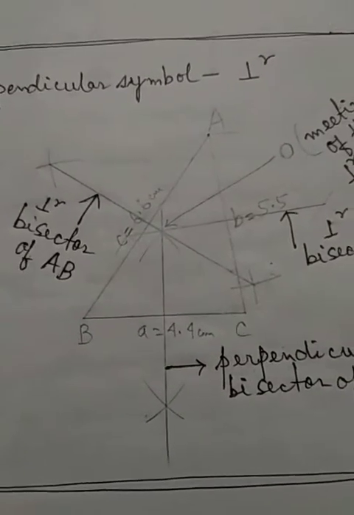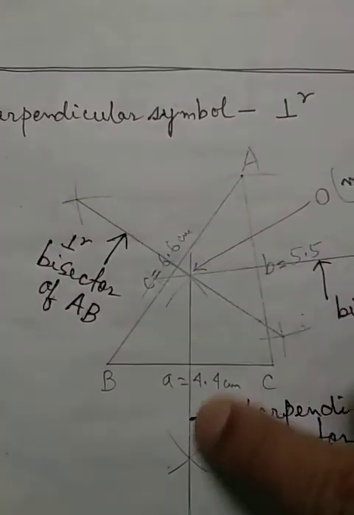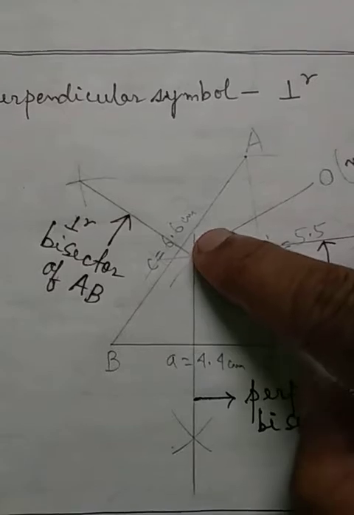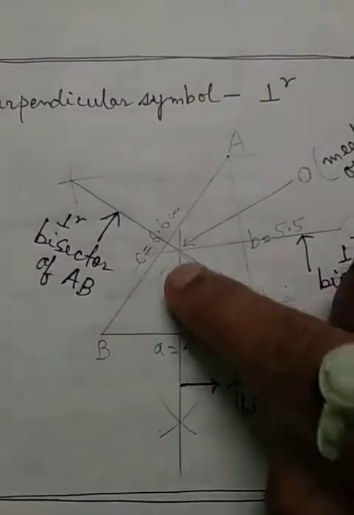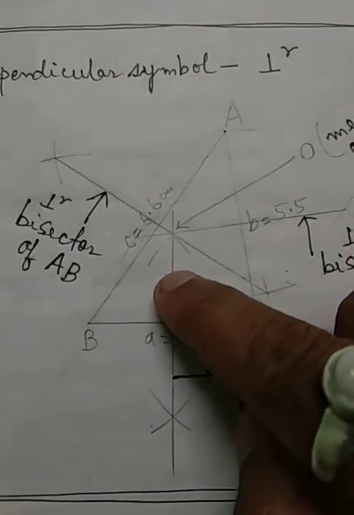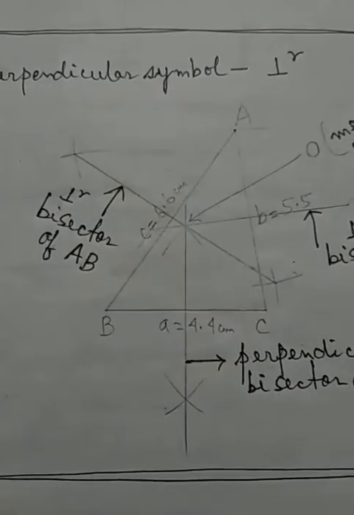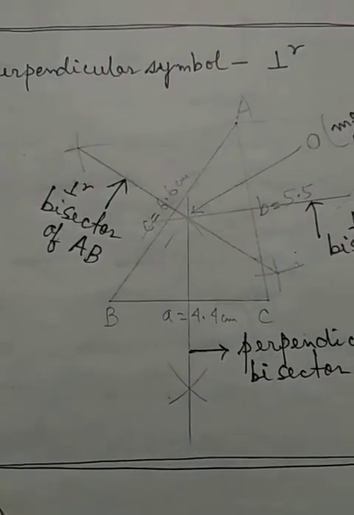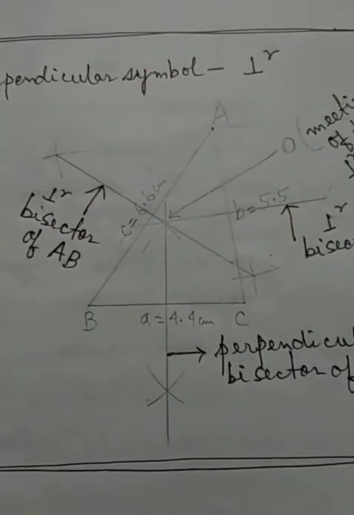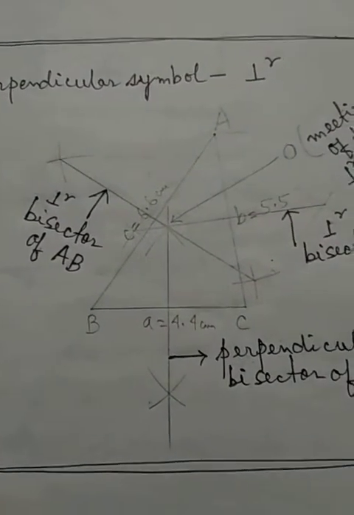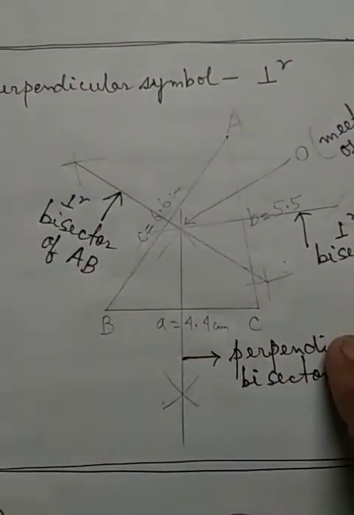In lower classes, students, if you have learned, perpendicular means any line which makes 90 degrees. So this line will be the perpendicular bisector. That means this line will be making 90 degrees. If you measure the angle here, that will be 90. That is one part, perpendicular. Bisector means this given line will be dividing BC into 2 equal parts. So perpendicular means making 90 and bisect means to divide into 2 equal parts.